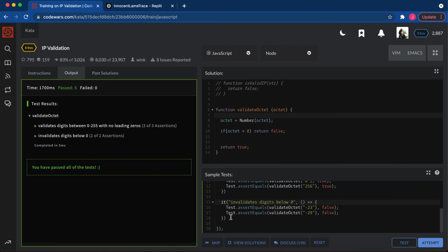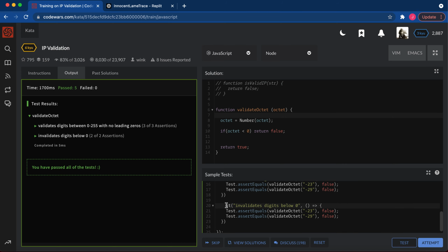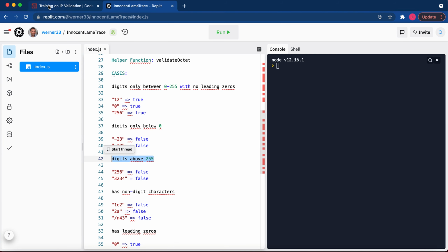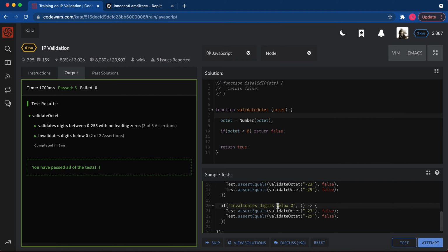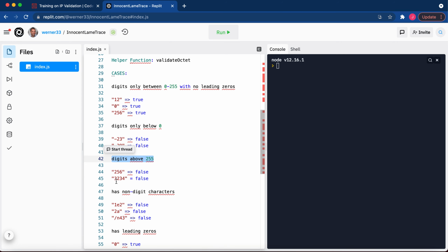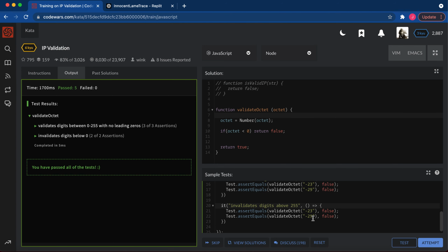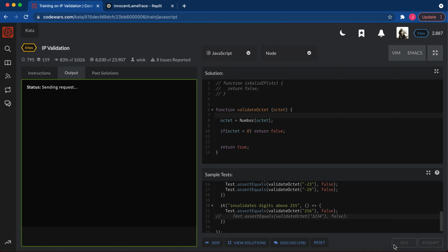Okay, so let me just copy this, paste this here. And our next one that I just did was it invalidates digits above 255. Okay, our cases are 256 and 3234. So let's do 256 and 3234. I'm just going to write that while it's on my mind, but as always, I do one test at a